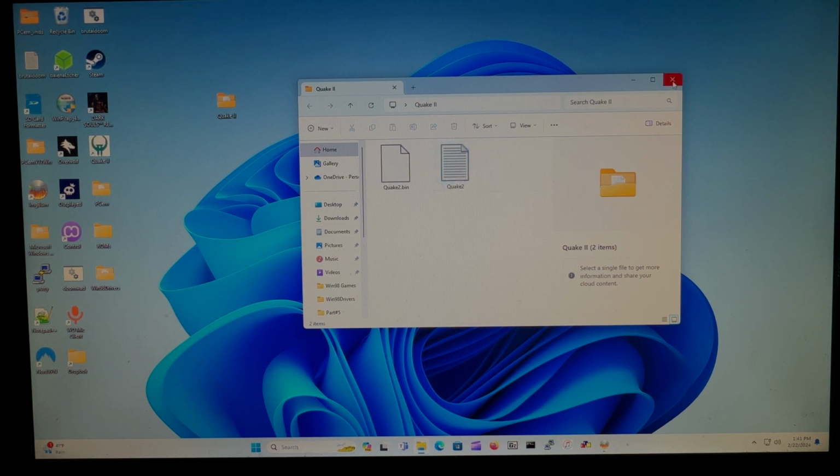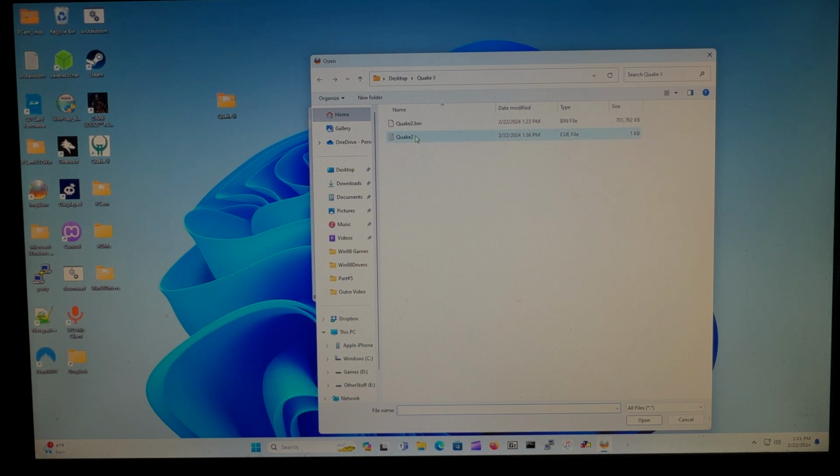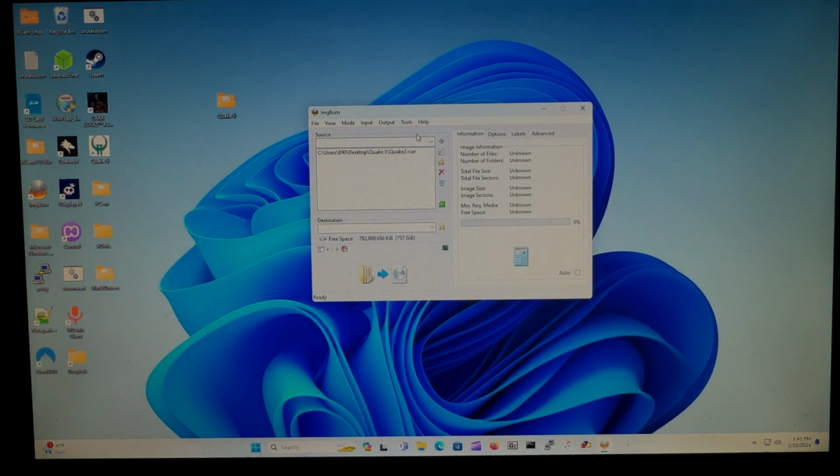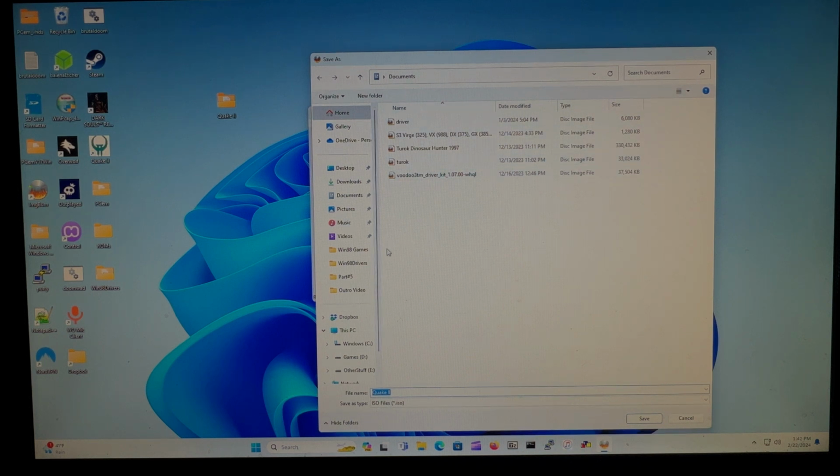And how we do that is go to File, browse for a source file or folder. Either one of these will do. I'm going with File. And what we want to do is go to Q, and it will show up in the queue, and we just click this. And I don't want to put it in documents. I want to put it in